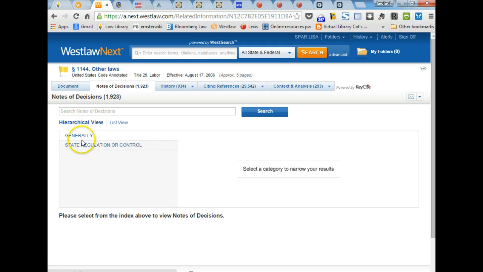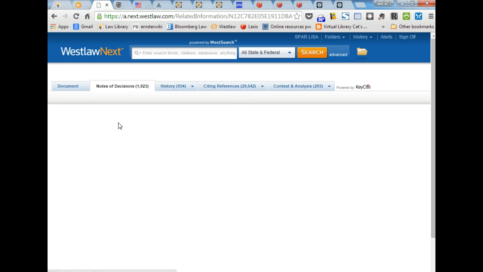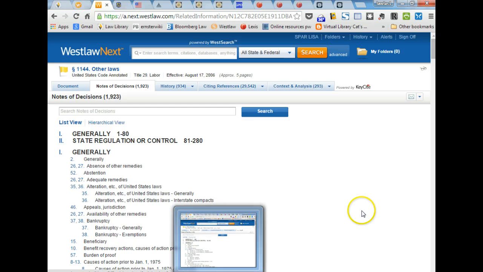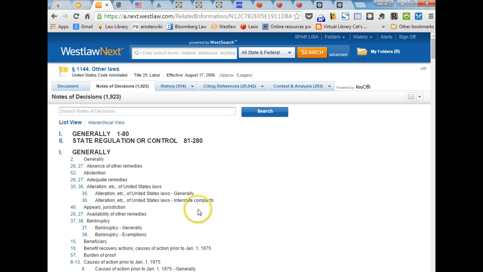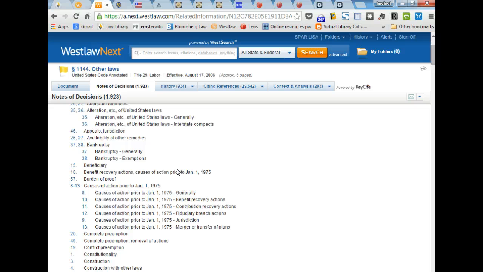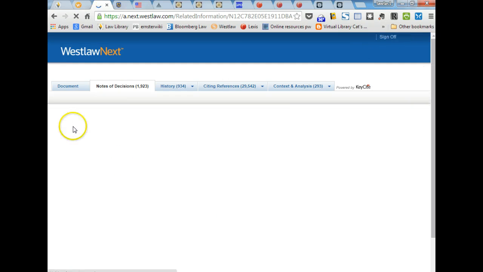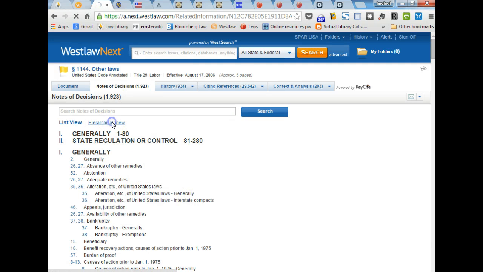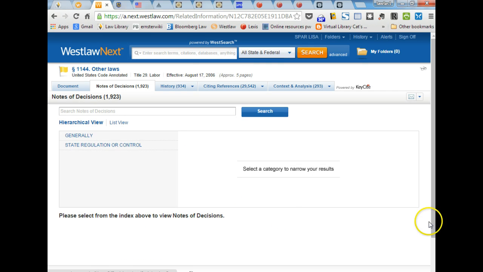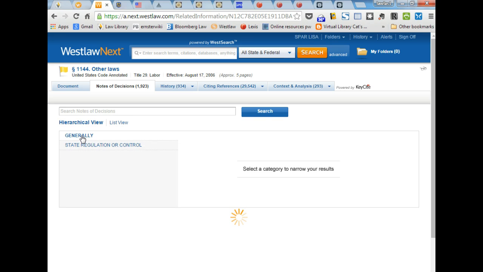I actually don't love that particular feature. Let's see if that list view does us any good. So that list view does do us. It gives us a list, depending on what you prefer. Or there's the hierarchical view. Actually, let's go back to the list. Oh, wait, back to the hierarchical view. Notice here there's a search mechanism for notes and decisions. What you are searching, just be aware, I'm going to click on